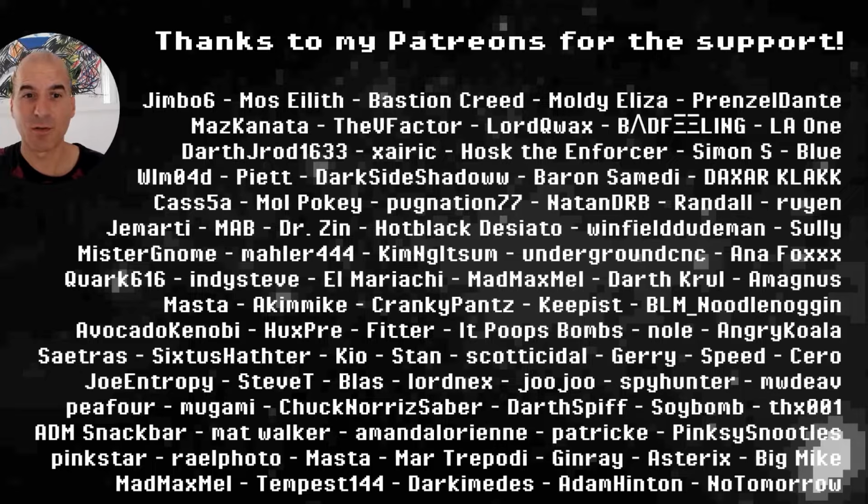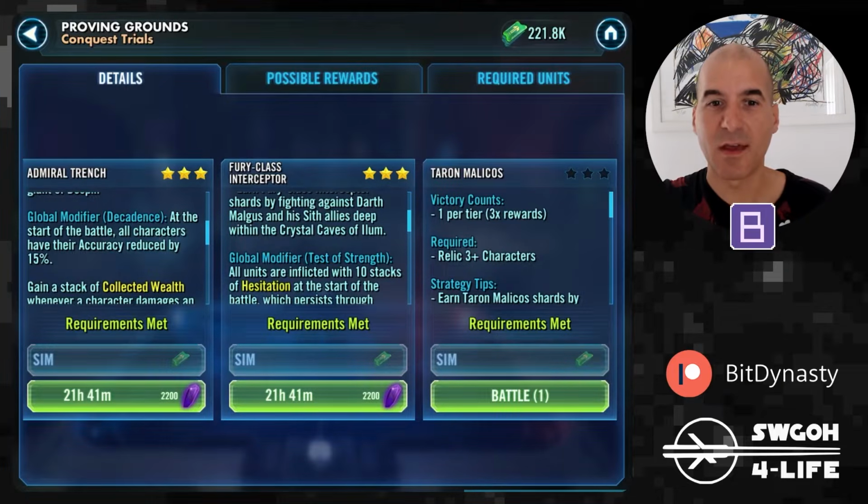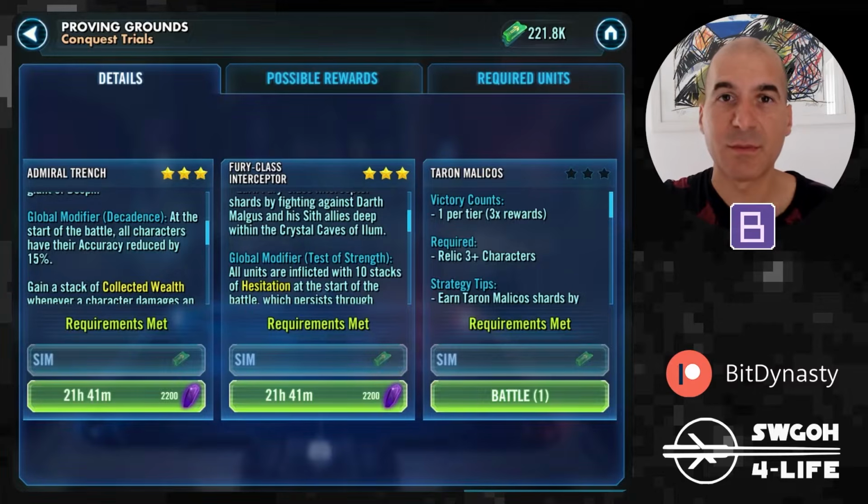So we have a brand new one last night coming into the game for earning Malicos shards. I want to show you a couple of teams that worked for me. The first one will be General Skywalker, however that was not a 3-star win. And then the second one will be Sith Eternal solo for a 3-star victory, which allows then to seam going